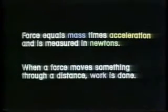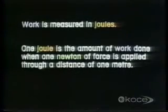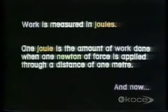The story so far. Stationary things don't want to move. It takes a force to move them. Force equals mass times acceleration and is measured in newtons. When a force moves something through a distance, work is done. Work is measured in joules. 1 joule is the amount of work done when 1 newton of force is applied through a distance of 1 meter. And now,